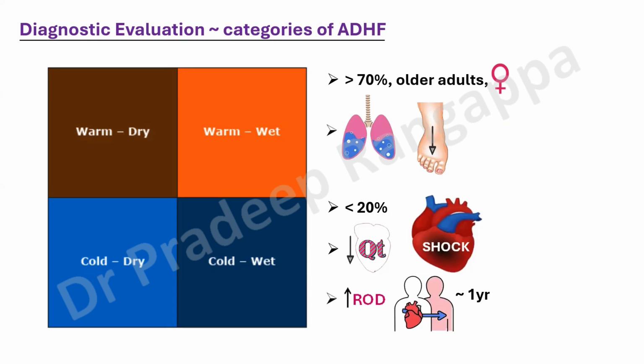So these are the typical categorizations of the patients that we tend to see in ICU, and warm and dry is seen generally in less than 10%. So this is the categorization of acute decompensated heart failure they have done. For intensivists, just remember, increasingly we are seeing heart failure coming with preserved ejection fraction, and that typically fits into the warm and wet. The typical cold and wet cases you see more in CCU patients where they come with cardiogenic shock. Of course, we see them in our ICU also.